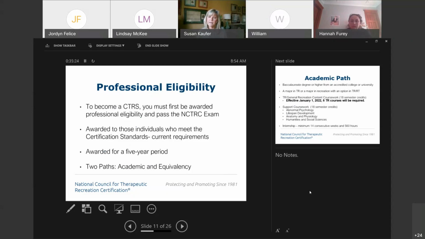Professional eligibility is granted for a 5-year period. So this is a good thing to know, once you complete your degree, if we have any individuals who are currently in their curriculums or programs right now,